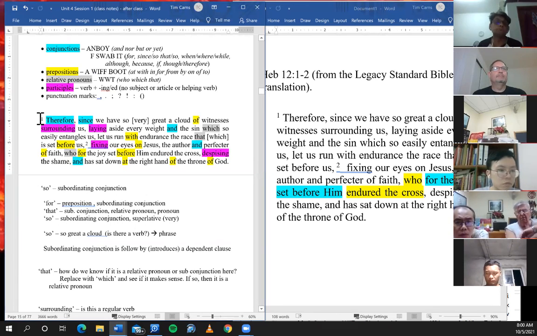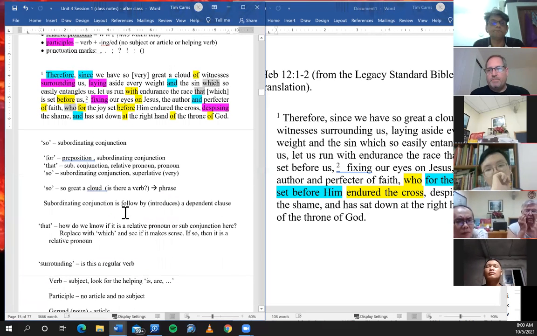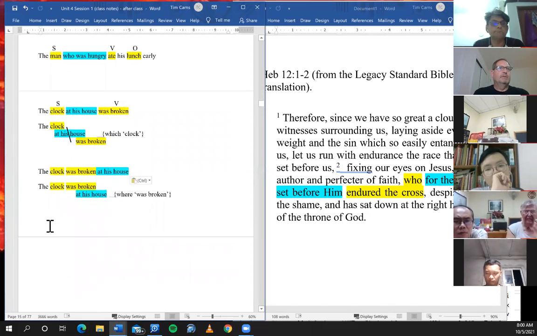I have a question about the word set. Does the word set modify the cross, become the voice, that's participle? Yes, and that is based upon the nature of that word set. So here, let me go down here. We ask that the verb set